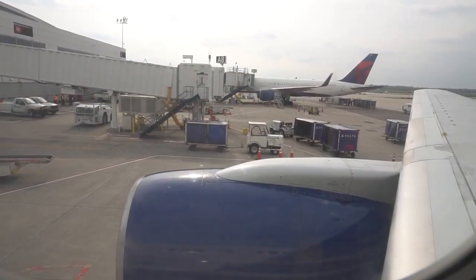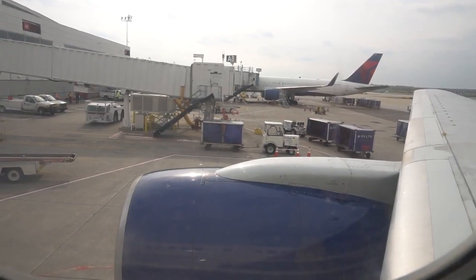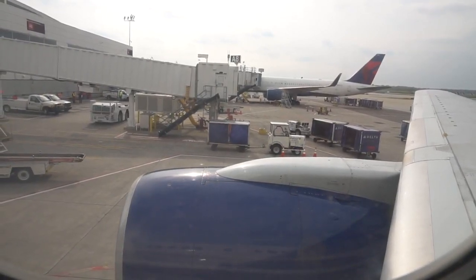Their seatbelt is really fastened. As well, guys, just for future, make sure that when you are on this aircraft and it is moving, please keep all overhead bins